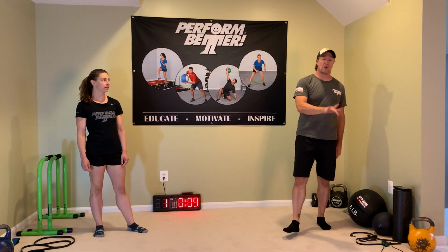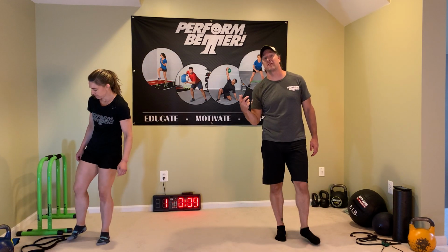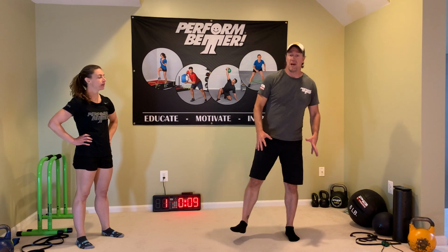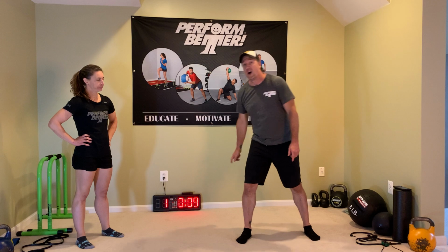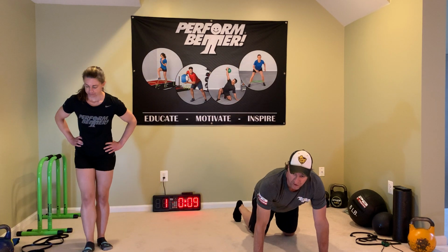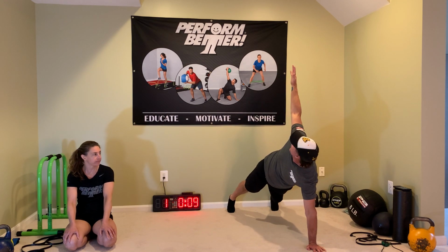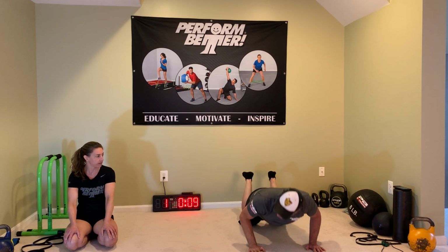So we're gonna do a push-up with a rotation. This can be done from toes. This can be done from knees. Your feet are gonna be wider. I know normally in a push-up we will say squeeze your legs together, keep everything nice and tight. But because you're gonna go into a rotation, a thoracic spine rotation, we need to have our feet a little bit wider. You need that good base. So if you're doing the push-up from the toes, we're gonna go all the way down, all the way up, and rotate. Or if it's from the knees, it's the same thing. All the way down, all the way up,